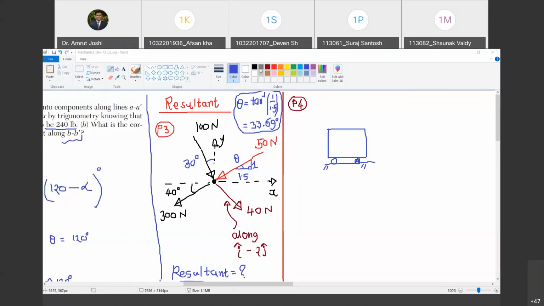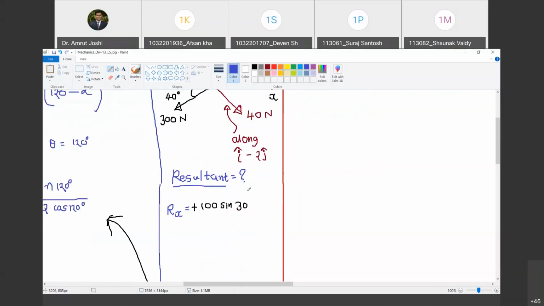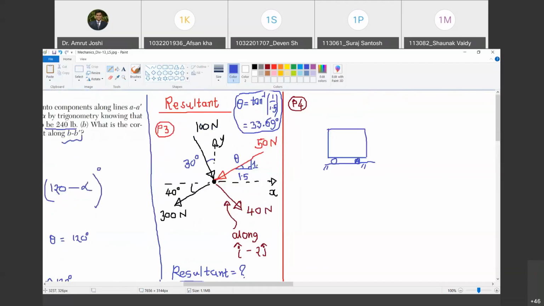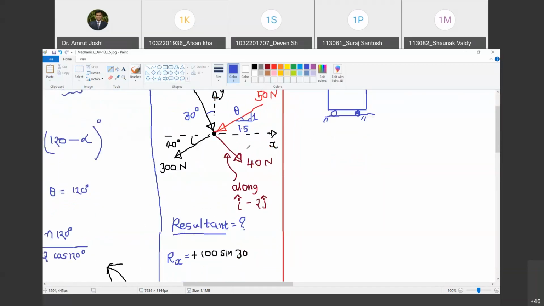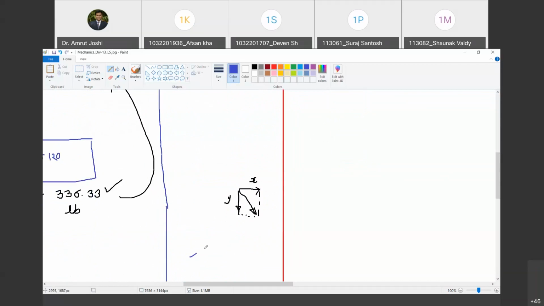Now, can you tell me what is the x component of this 50 Newton force? 50 cos 33, because the component adjacent to theta, between the horizontal and the force, is cos theta. Are you with me? Yes, sir. And now, as this is the first problem we are doing, I will show that 50 Newton force something like this here. This is how the 50 Newton force is. Do you agree with me?